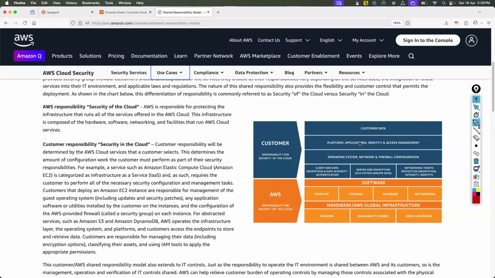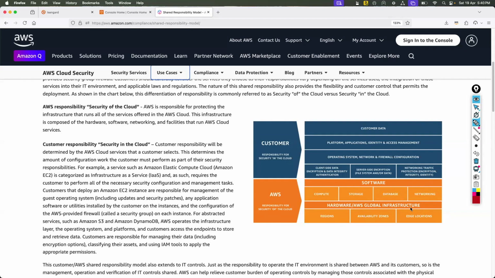You understand? If the customer doesn't do any encryption, or any kind of data integrity authentication, again this is not AWS responsibility, this is customer responsibility. Now if I come to AWS responsibility, it is anything at the global infrastructure level: global hardware, global storage, compute, database, networking, availability zone, region, edge location.